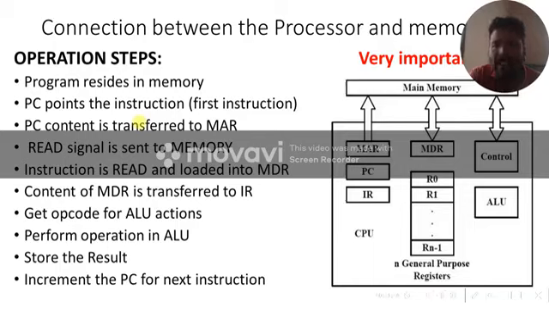Next, the content of MDR, which we have to process, is transferred to the instruction register. We already know that the instruction register holds the current instruction being executed. Next, we get the opcode of a particular